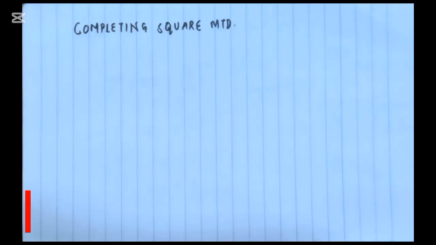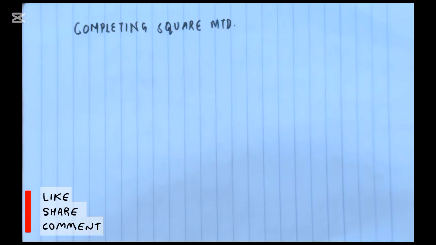In today's class, I'm going to handle the completing square method as a way of solving quadratic equations. So if you've been following our classes, then you realize that in the previous video, we discussed the completing square method and we gave a general format for all quadratic expressions and expressions that actually meet the criteria to be called perfect